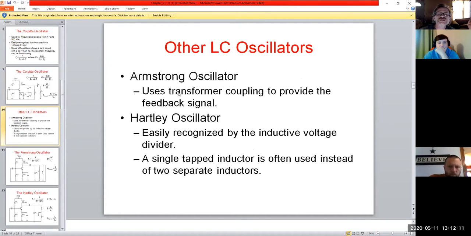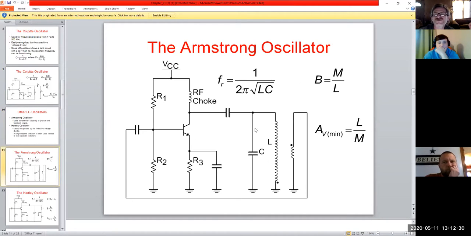And we have different names as they went along. We had an Armstrong oscillator and we had a Hartley oscillator, both of which are used out there. The Armstrong actually uses a transformer, and the Hartley uses inductors, not a transformer, but actual inductors. So if we look at an Armstrong, we see they have a transformer along the output here. So we're literally driving out to the transformer. And that's why our formula becomes very interesting, if you will,